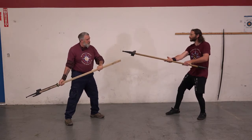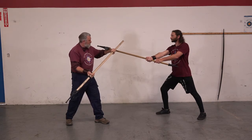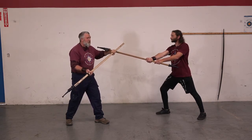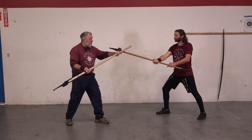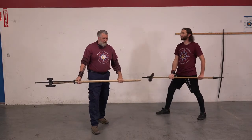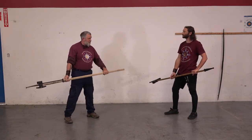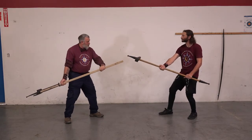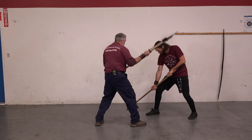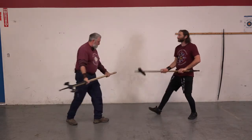I'm going to do a tutta volta, stepping to the side, hooking it in this triangle between the cue and my forearm. He's going to pull back because he wants to pull that so he can pull me off balance and then damage me. But I know what he's going to do. I'm on to his ways. So we start here. He thrusts, I cover, he steps down, and I cut back, and I hit him with my axe head. So if we do that again,